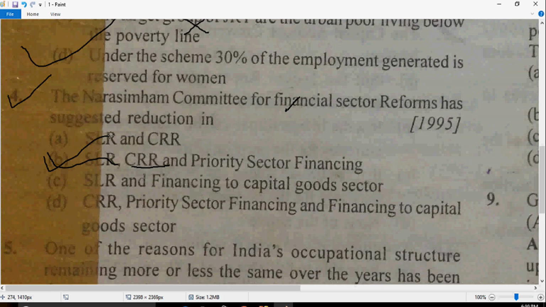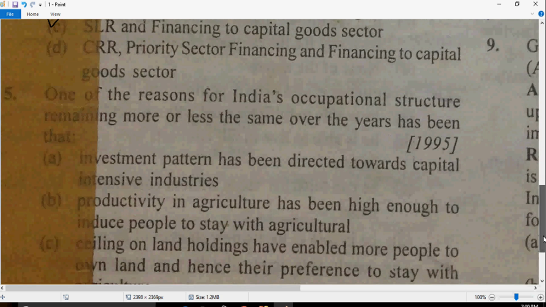Why is it so? Because, as we know, the Narasimha Rao Committee for Financial Sector Reform, 1991, suggested reduction in SLR and CRR and priority sector financing, reducing it from 40% to 10%. Most of the suggestions of the committee have not been implemented yet. So B will be the correct answer. Fifth question,